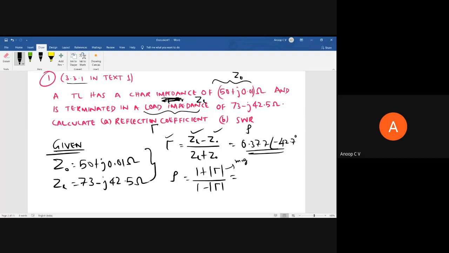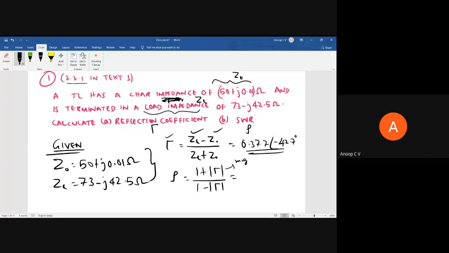I hope all of you should have got this, right. So now we got this. Simply you can use the calculator. ZL is given, Z naught is given. In complex mode you can do division. Even if you enter the Cartesian form in complex mode, you can do division. You'll get the result in Cartesian form. You have to simply convert it into polar form. But if square root or nth power comes, at times your calculator may throw an error. Then, as we have discussed in the last problem solving session, you can convert it into polar and do it.